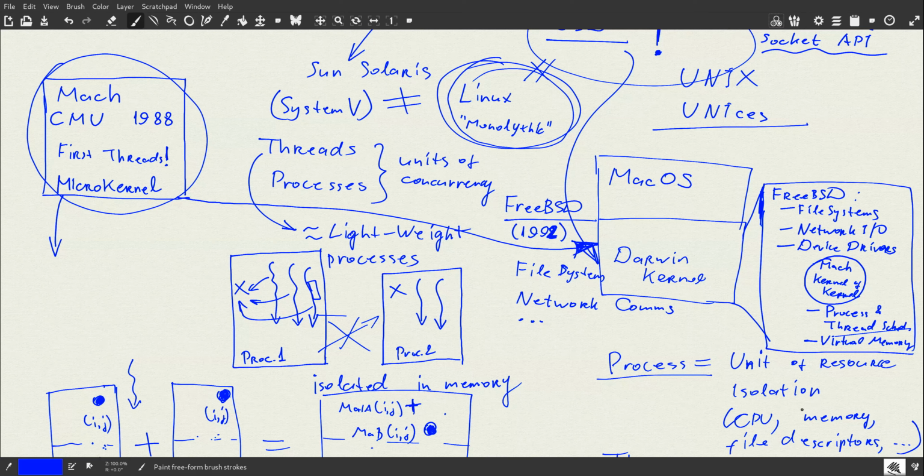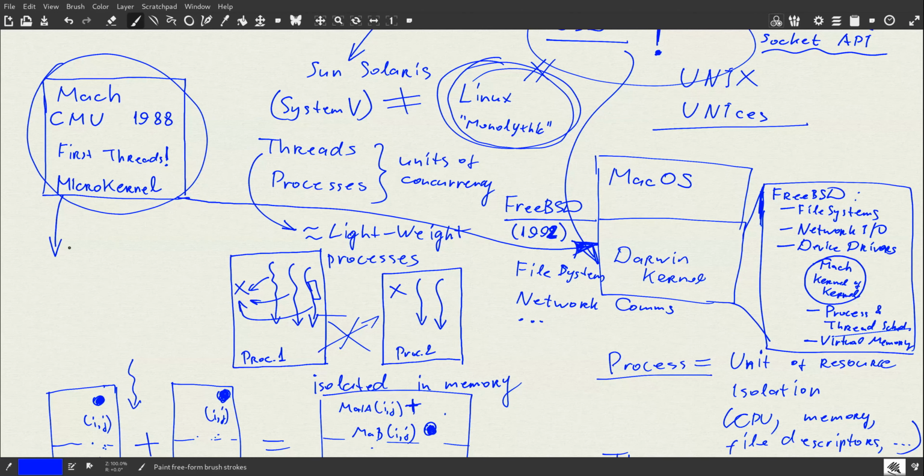So Mach provided this type of structuring, quite a good structuring within the kernel, which is called the microkernel architecture. And microkernel architectures continue to evolve,